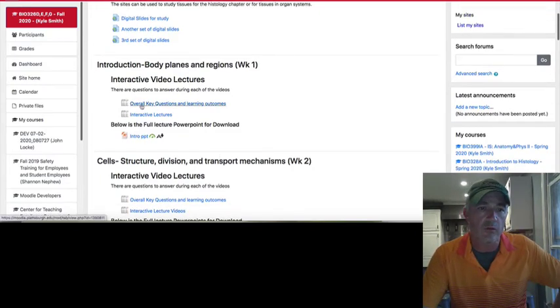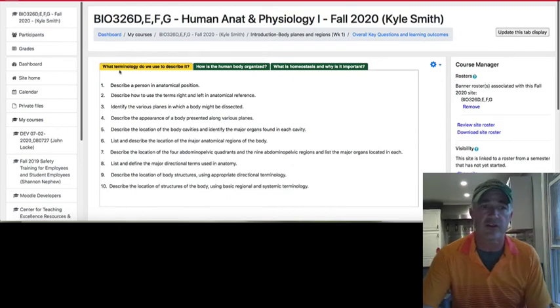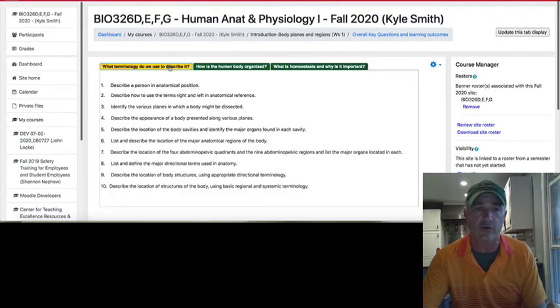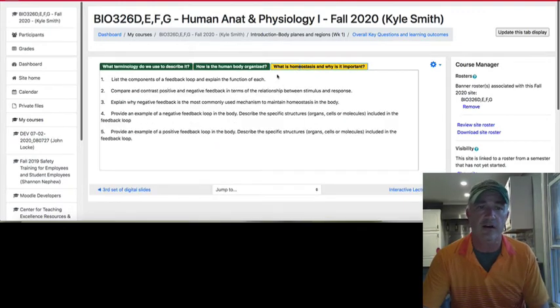Usually I'd have review sheets and stuff like that. What I've been doing on these is a nice little tab display. When I break down my PowerPoints, I usually break them down into key questions. This goes to the sub-ideas of each of these key questions, so it's telling you what we're going to be looking at and what the different parts are. Outside of that,